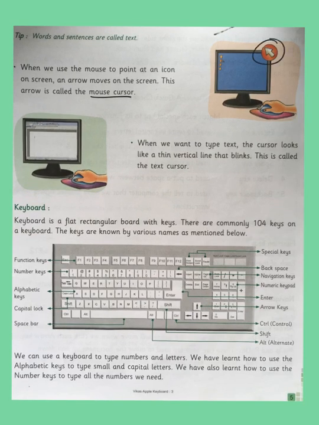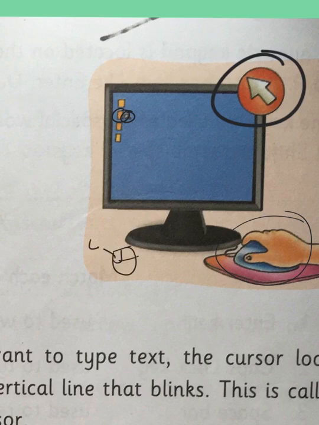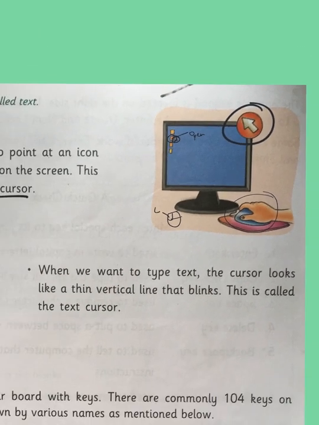So like this, it moves on the screen. If you zoom in and see, you can see over here that this student is moving the mouse on the mouse pad, and this arrow is getting moved on the screen. So if he wants to open this folder, he will move the mouse and bring this arrow on that folder, and then left click it 2 times. This is the left button. So it will click 2 times and that file will open up.